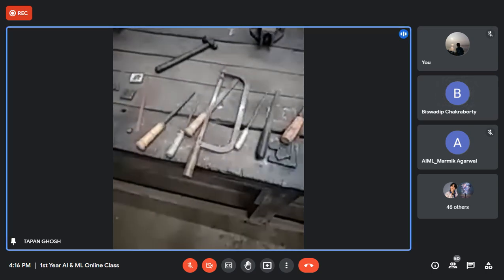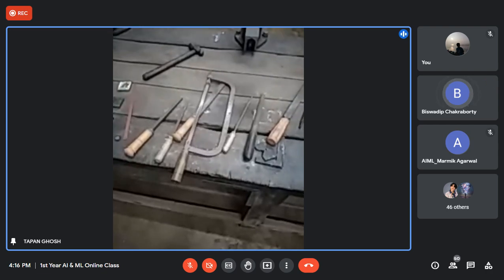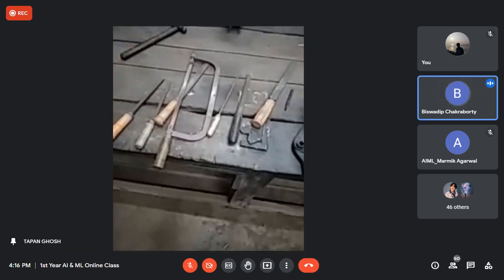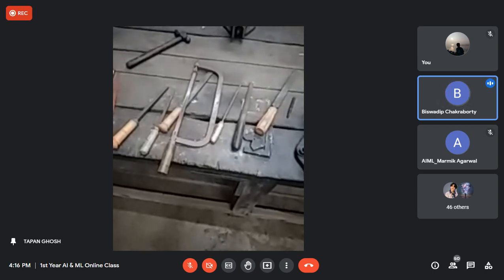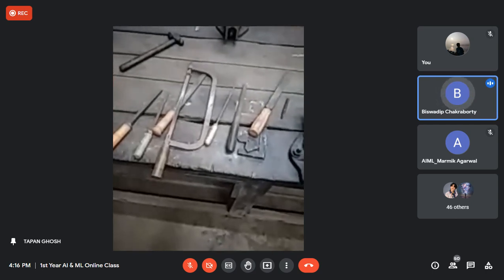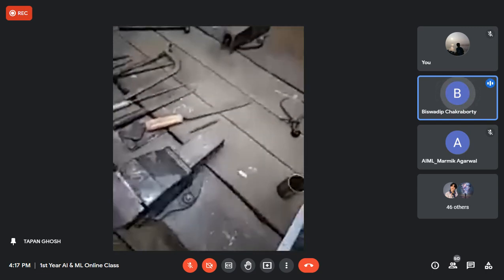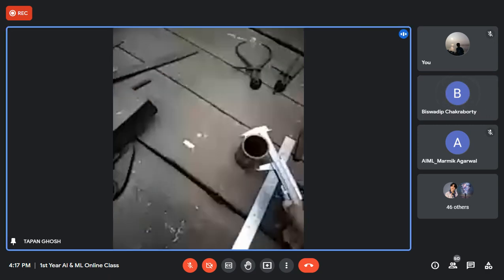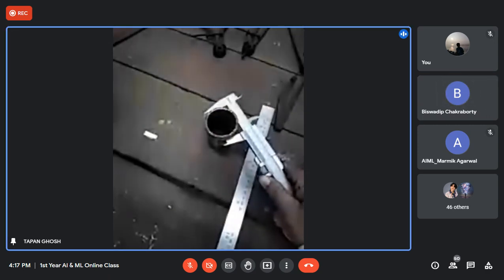Sometimes it is required for a lathe machine, when you do any lathe job. If precision work is required, then you go for a micrometer. Otherwise, the vernier caliper is sufficient, since with the vernier scale you can go to 2 decimal points of measurement, and that is sufficient.